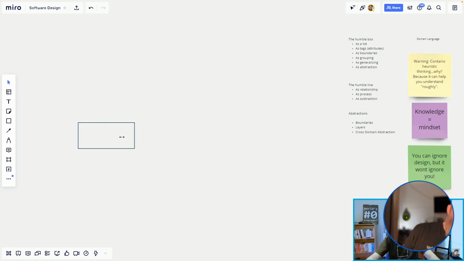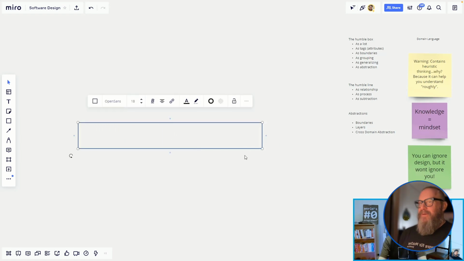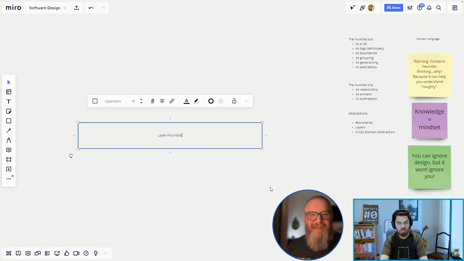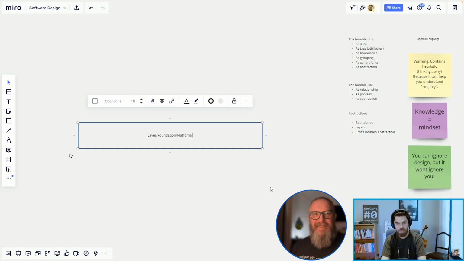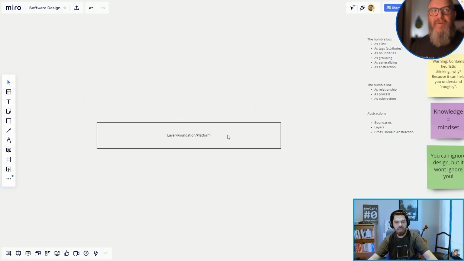What do you think that might be? It's width, right? So design width. If I'm thinking width, if I draw something like that, it's quite tall. If I draw something like that, it's wide. Words that we think of when we draw something wide are a layer or a foundation, a platform, and so on. So what we're really saying is that it's the foundation or the infrastructure or something that something else builds